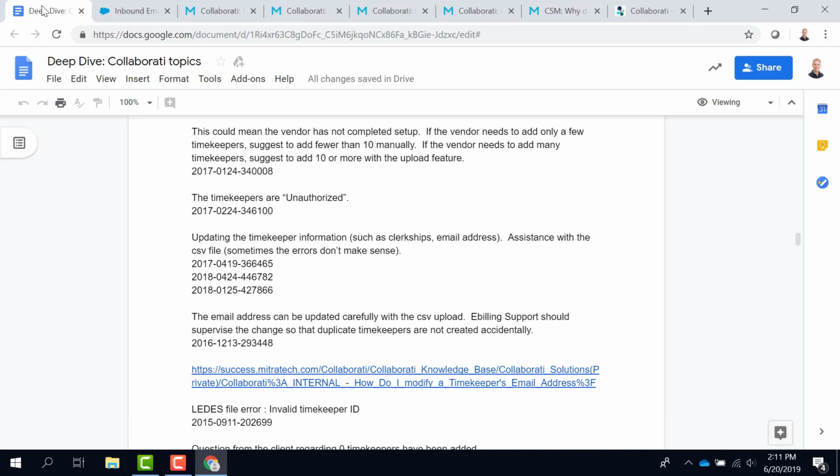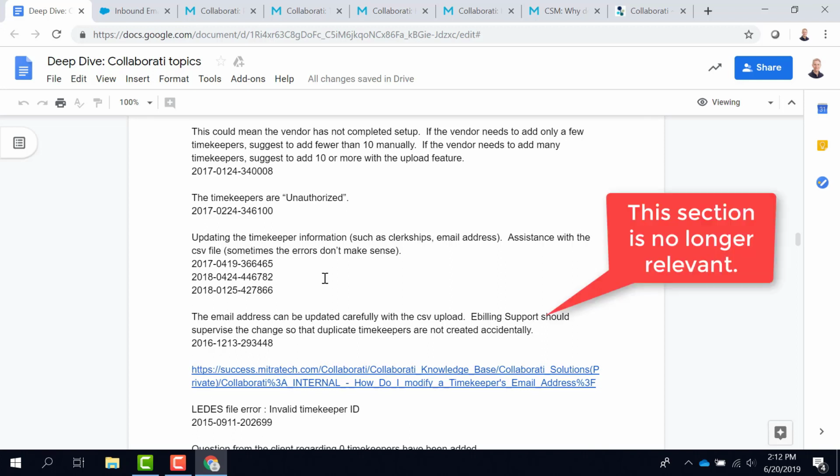All right. So yes, sometimes the errors don't make sense, and you might just have to ask for the file and review it. Maybe try testing it in Test Collaborati, just checking to make sure that all the fields are as they should be, comparing it with the upload document. So yes, there are quite a few issues that can occur. Moving on,